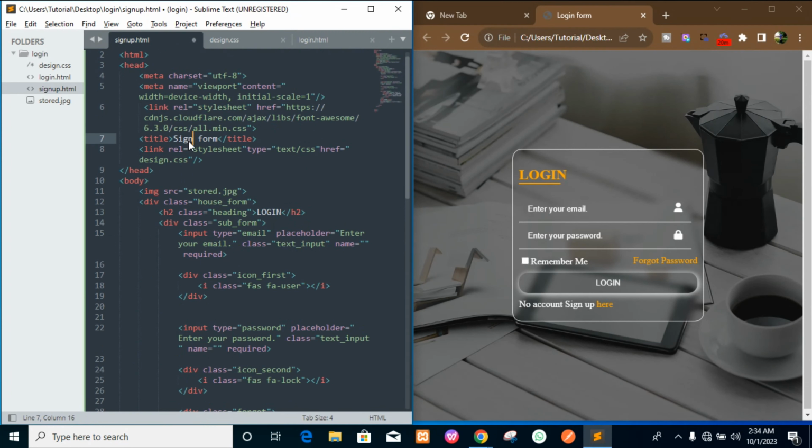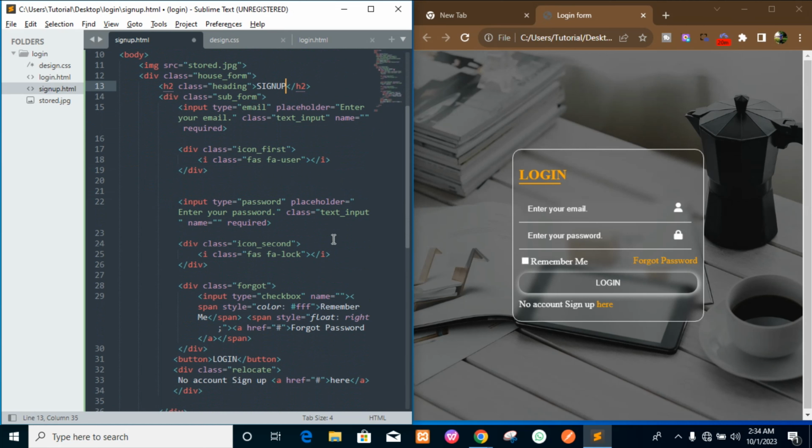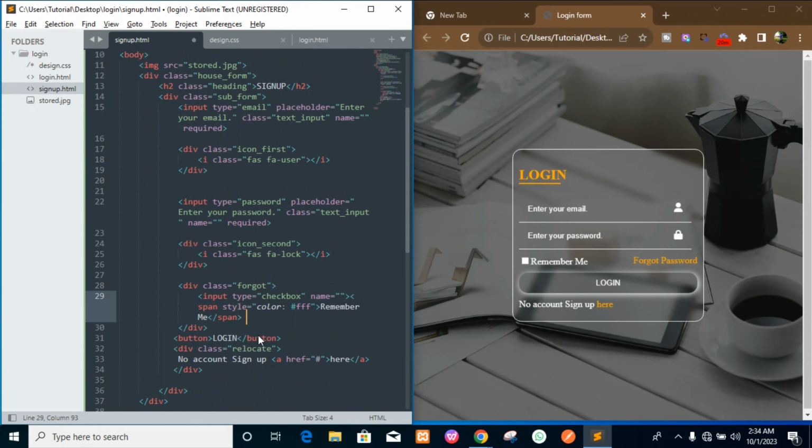Sign up. Since this is in capital letters, let's write all of it in capital letters. Instead of forgot password, we don't need forgot password for the sign up page. Instead we can